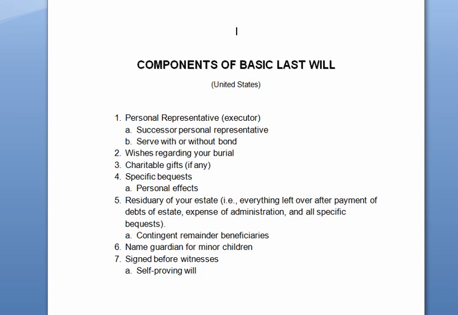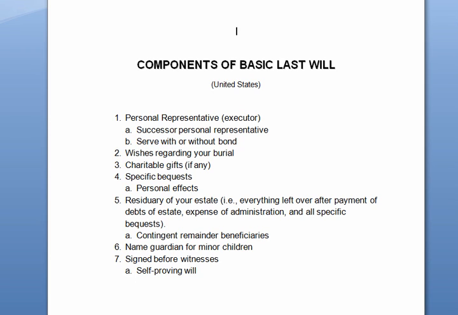The next element is the residuary. Residuary is the residual, what's left over. That's after you pay the estate taxes, the expenses of administration, and all the specific requests and charitable gifts, what's left. And generally, this is given in shares of the whole of the remainder of the estate. So if you gave it to your 3 children to share and share alike, then they each get 1/3, and that would be a typical residual bequest.